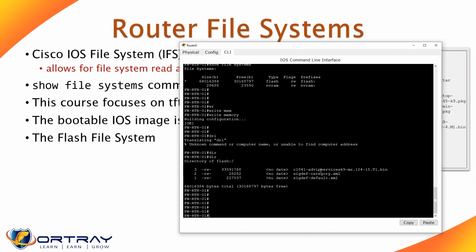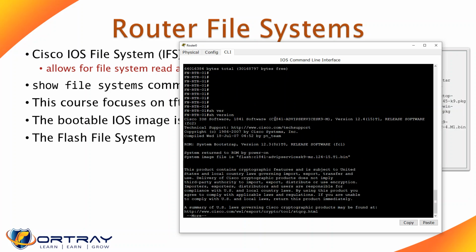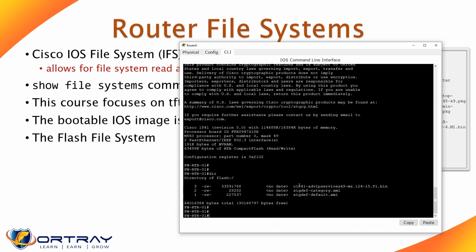If I type show version, it will show how the router booted up, the operating system, and hardware and software related information. So dir shows the flash information, such as what operating system is saved here.